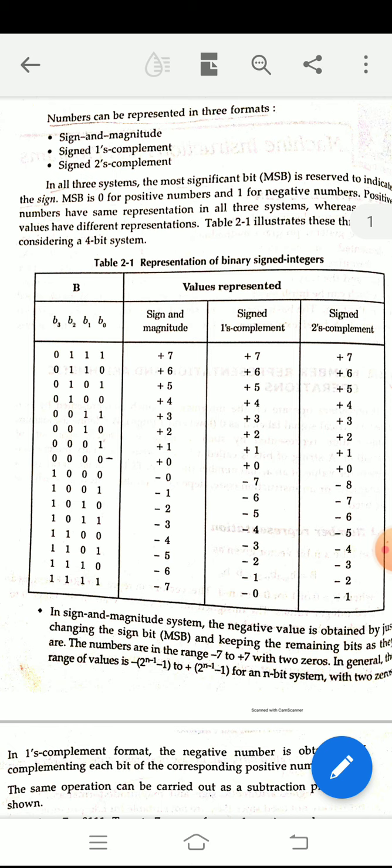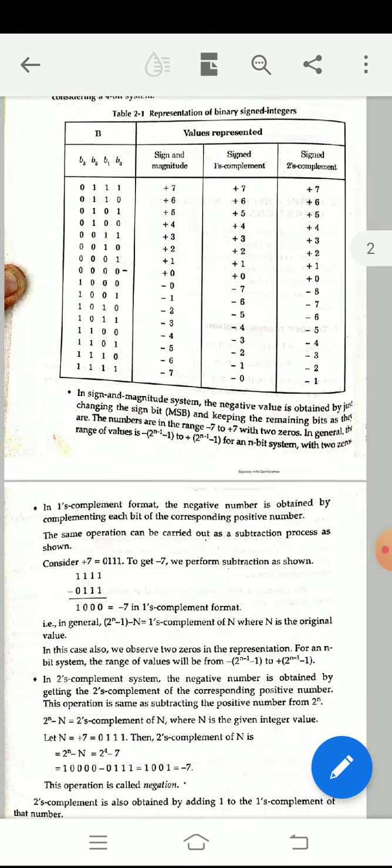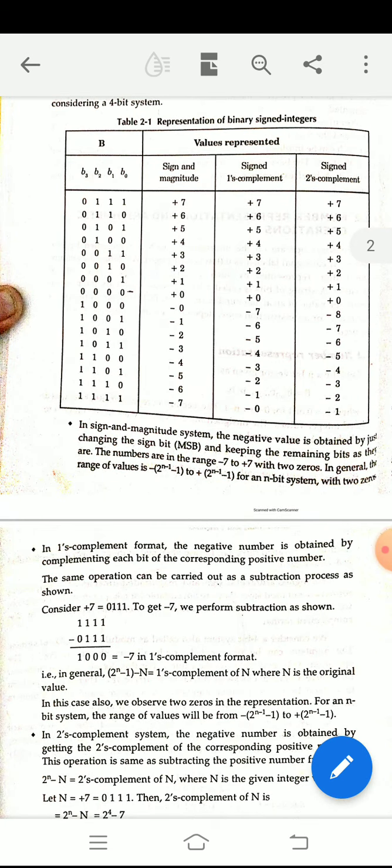Here minus 0 is there, minus 7 is there, minus 8 is there. The negative numbers have different representations, while the positive numbers have the same representation in all three. This table of represented values is very important to remember when you are calculating the number systems for sign and magnitude, 1's and 2's